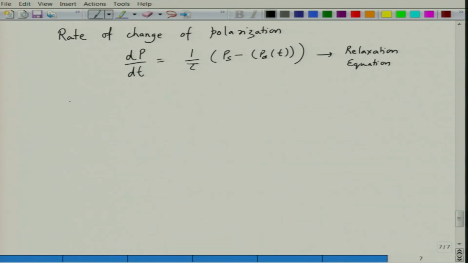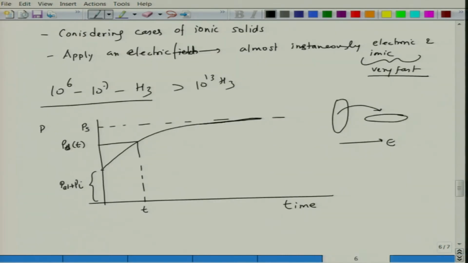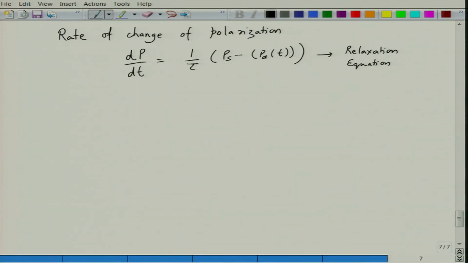So, this model is sort of called the bistable model, where you go from one stable state to another stable state. So, basically this change in polarization Ps minus Pd, right. Essentially you are looking at the rate of change of polarization within this regime, and at any given time the polarization is Pd t, and when you reach here, then of course at very large times when Pd is equal to Ps, then the rate of change is equal to 0, right, the slope is equal to 0. So, that is what it represents: dP by dt is equal to 1 over tau into Ps minus Pd t. So, now we call this model the bistable model.